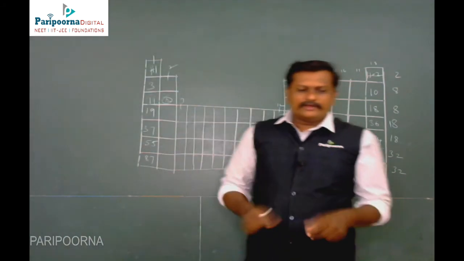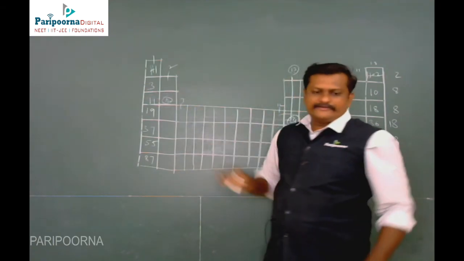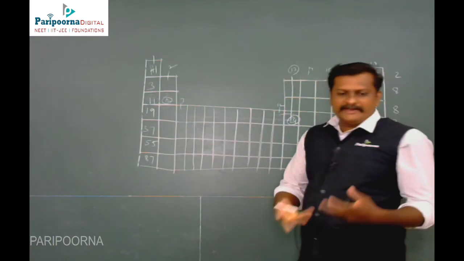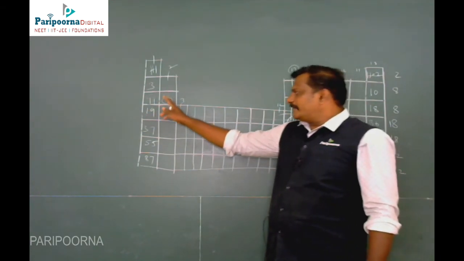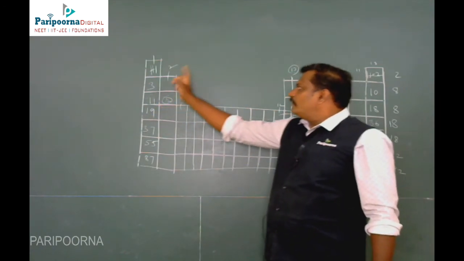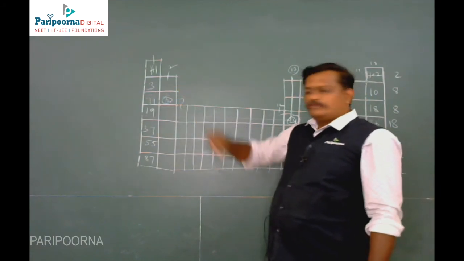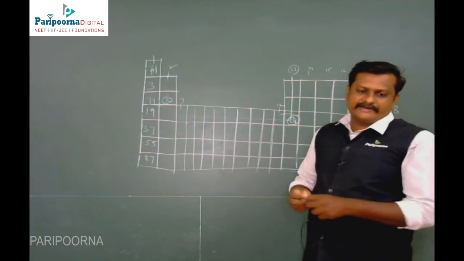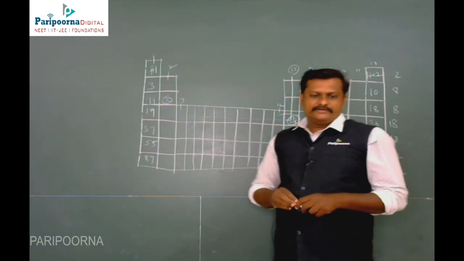So if you know the position of an atom, here we can see the atomic number is 12, right? What are the remaining properties? Here there will be an s-block element, right? It is a metal, right? Valency 2, right? What is the electronic configuration? The general electronic configuration is ns2. That is the second group elements' general electronic configuration. These are alkaline earth metals.